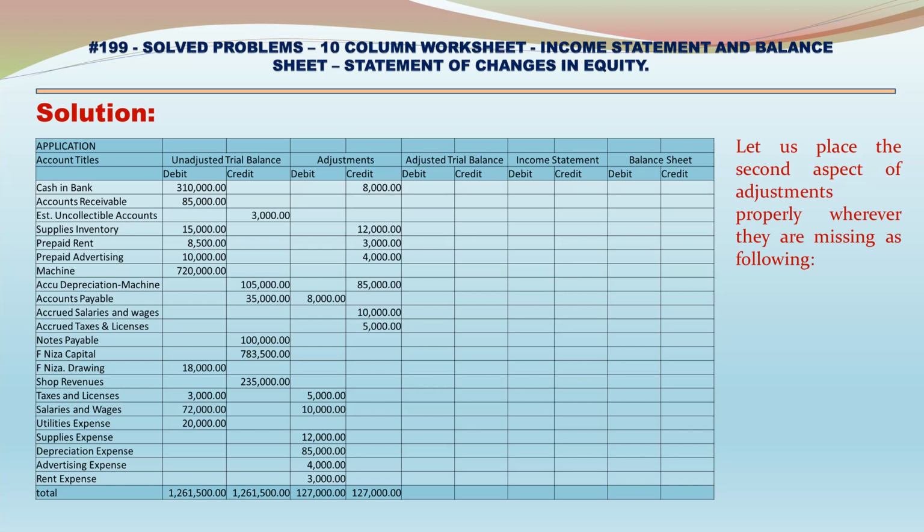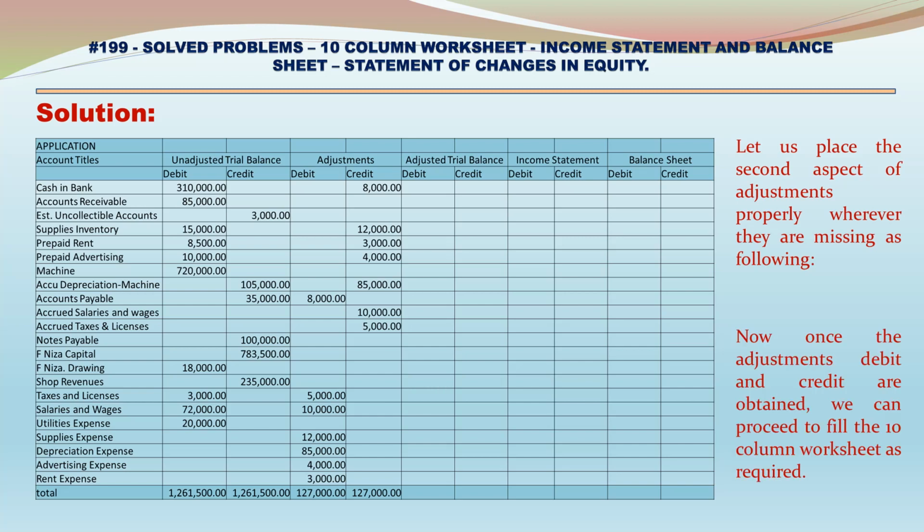Depreciation expense 85,000. We have to add this to the accumulated depreciation on machinery on the credit side, 85,000. Advertising expense 4,000. It is prepaid advertising. We are reducing by 4,000. Rent expense 3,000. We are reducing prepaid rent by 3,000. Now total adjustments debits 127,000. Total adjustments credits 127,000. Now once the adjustments debit and credit are obtained, we can proceed to fill the 10-column